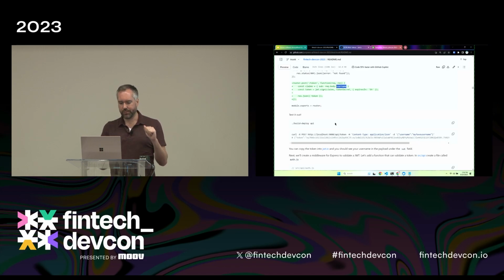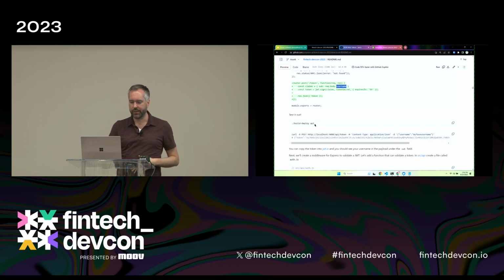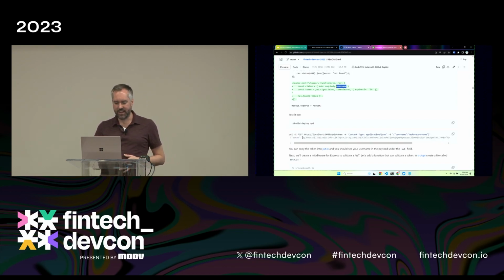So if you've been able to make these code changes, you can test this out. Just go ahead and redeploy the API. And when that's done, you should be able to post to our backend. This is going through our API gateway. This is hitting our Express backend. And it is returning, as a response, a JSON object with a token in it. And if you actually take that token out,